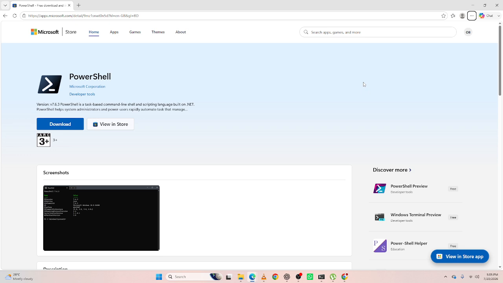And that's how to run your first PowerShell script on Windows. Once you're comfortable creating and running simple scripts, you'll be ready to automate everyday tasks and build more advanced PowerShell